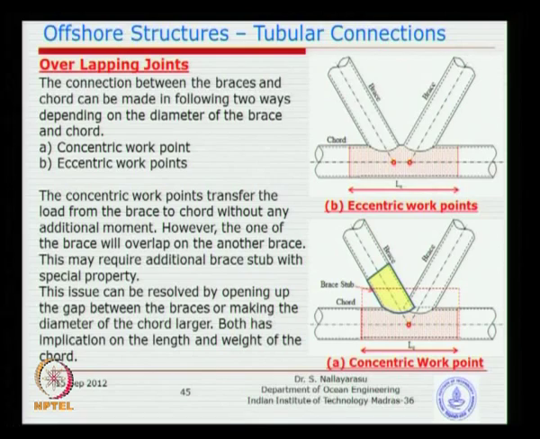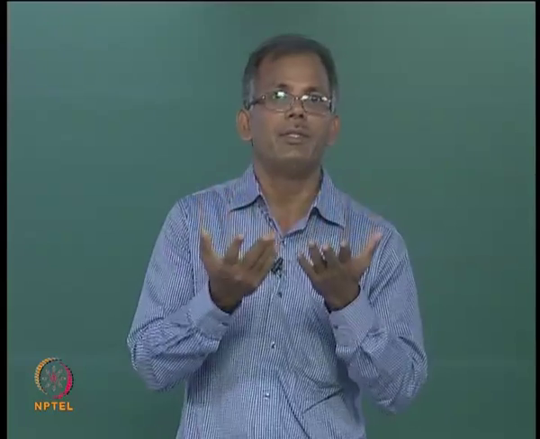So, this is good, but then I have an overlap because the diameter of this cord is quite small. Now, if I make the diameter of the cord bigger, like what you see in the dotted line, is it not, you make the diameter bigger, then I will get this much gap. If I make the diameter bigger and bigger, then there is no overlap, but what will be the consequences? The weight of the structure will increase, number one, the wave load will increase.